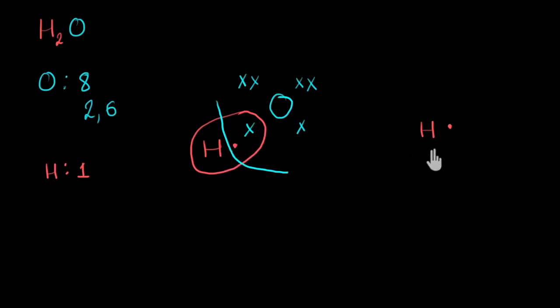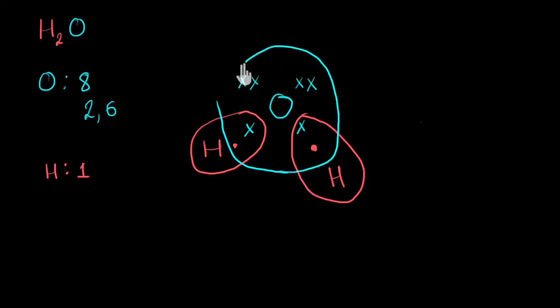Let's do the same thing with this hydrogen. So actually, let me erase this and redraw it here. Let me change the color. Yes, hydrogen. Over here, hydrogen will share 1 electron with 1 electron of oxygen. It cannot share 1 electron with 2 electrons of oxygen. No, in a covalent bond, there is mutual sharing that happens. Both the elements share an equal number of electrons with each other. So let me close the circle. And similarly, this is oxygen's sharing.